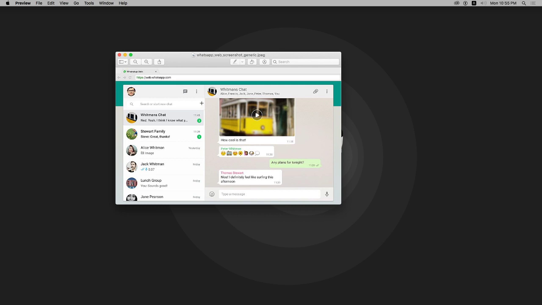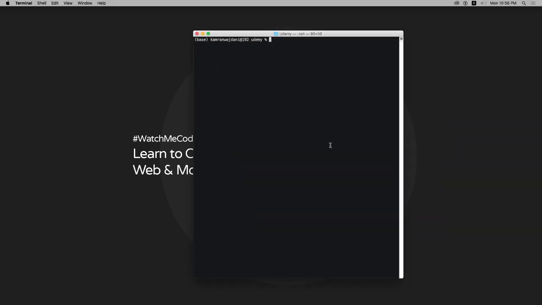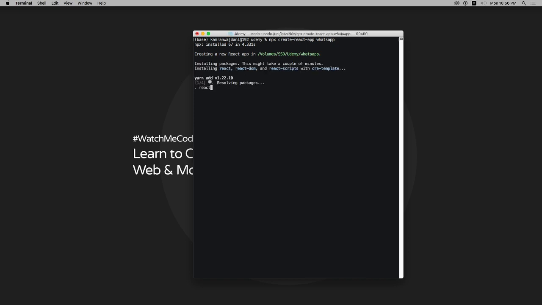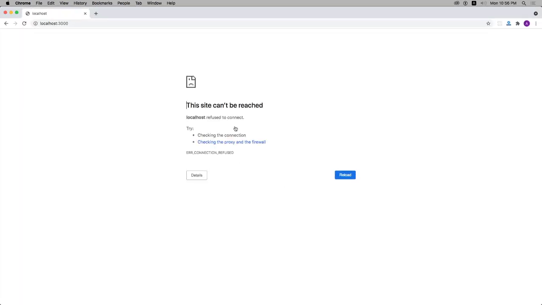So let's get started. Just quickly minimize this one and go inside your terminal, and let's run the command npx create-react-app, and let's quickly call it whatsapp and hit return. And while it's being installed, let's quickly go inside